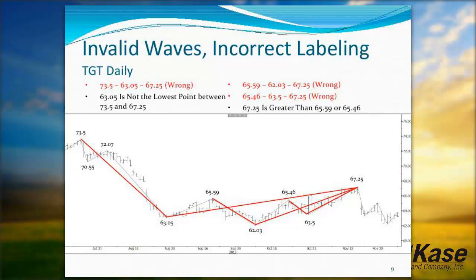Same thing with 65.46, 63.50, 67.25. Now, one might say that those are irregular waves. Okay, you can make that argument. I wouldn't. I don't necessarily consider those to be irregular waves. I consider that to be a corrective move that was making higher highs and higher lows, but then ultimately broke